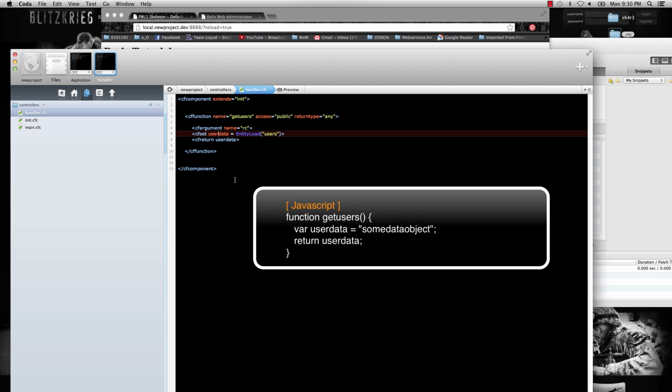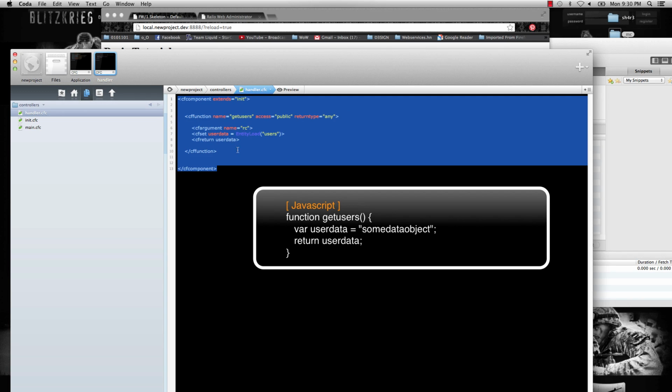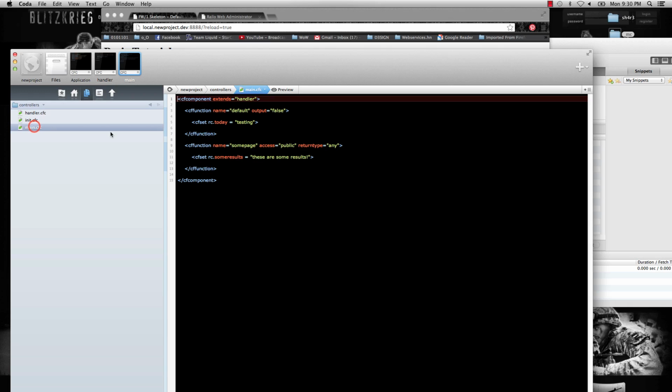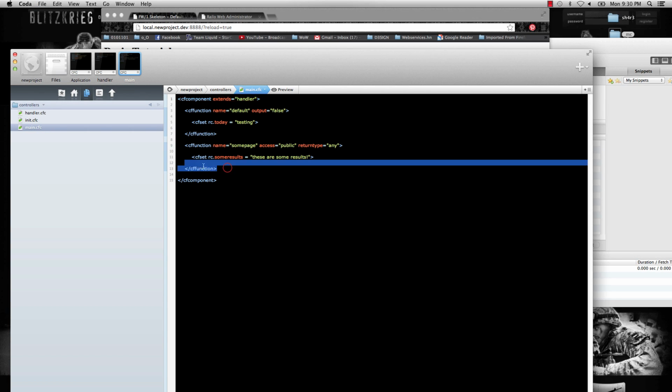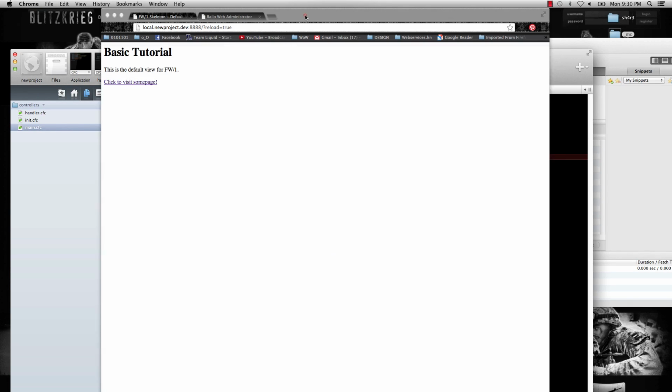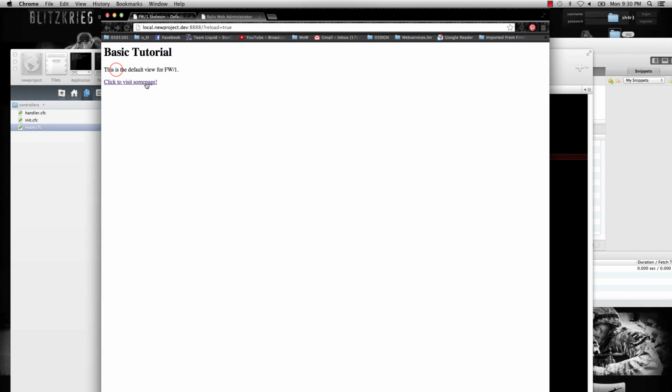Since we want to have this available from our main CFC, we're going to go into main, and I had this as init. Rename that init to handler. So now we can call the functions from our handler CFC inside our main. In our main, we have a CF function named somePage, right? These are some results. This is being loaded again from click to visit some page. Once you go there, these are some results get printed,